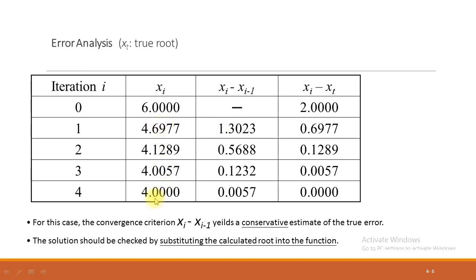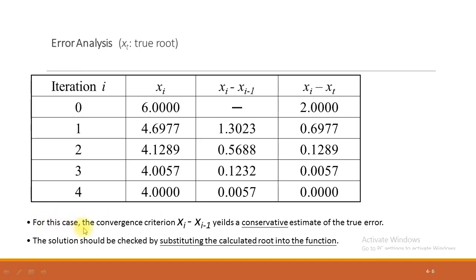And now subtract this root from this true root, we obtain the error 0.6977, and now subtract this approximate root from this exact root. We can check this result by putting it into the given equation. Since after putting this root into the given equation we obtain 0.0000, there is no error, so we can say that this is the exact root of the non-linear equation.